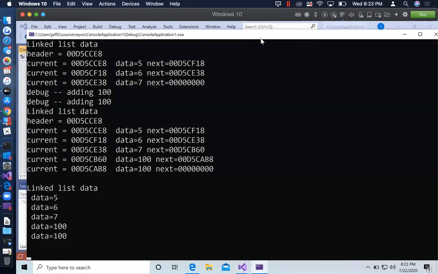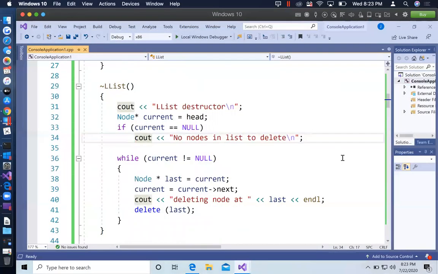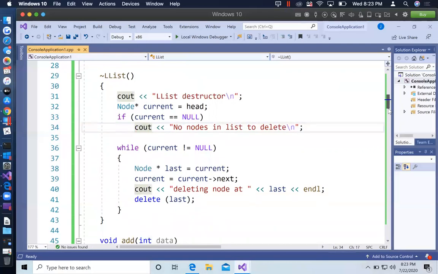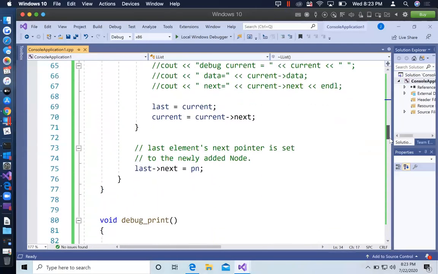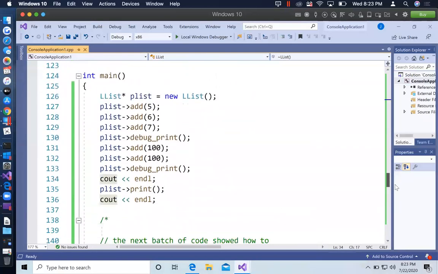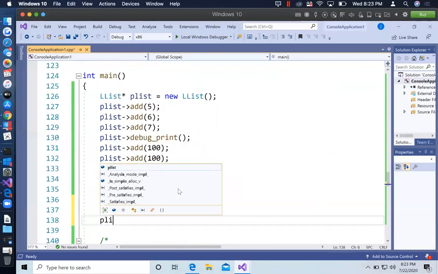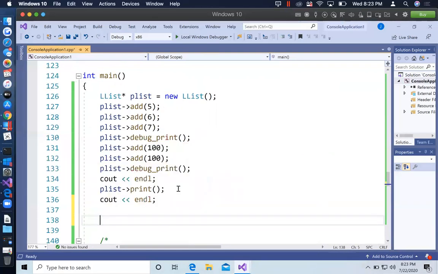Now, I'm not calling delete on the linked list yet, so it's not going to do any of that. So I need to come down here, and after we've used our linked list, down in main, we're going to delete it, right? So we added all that data, we printed it out, and now we're going to delete it, right? So delete